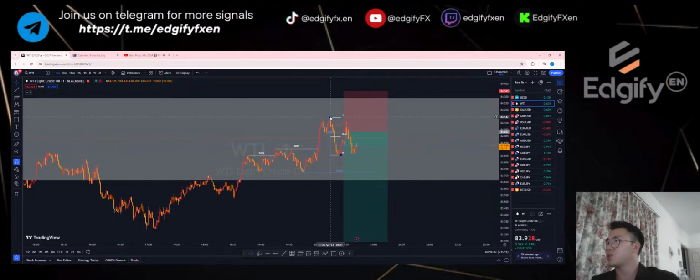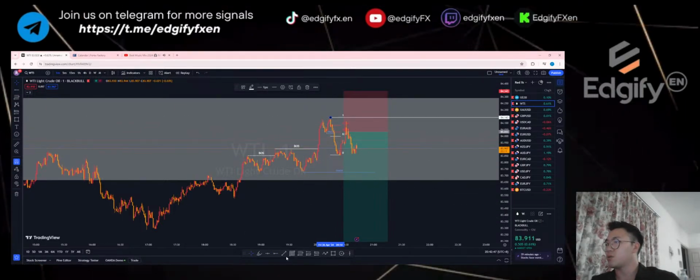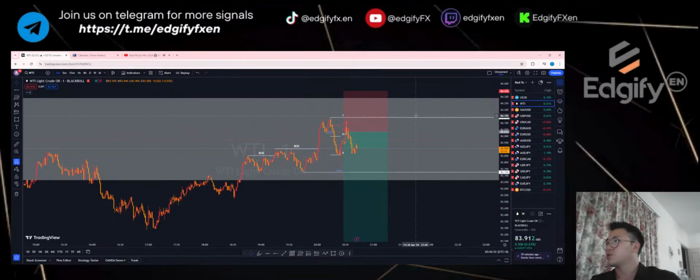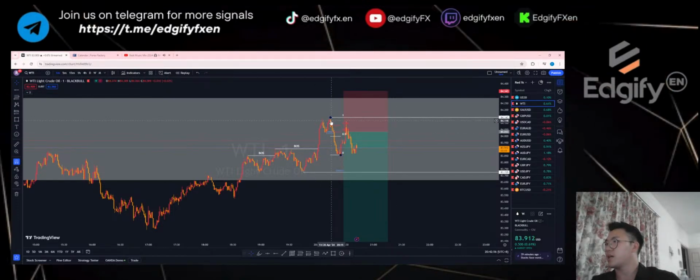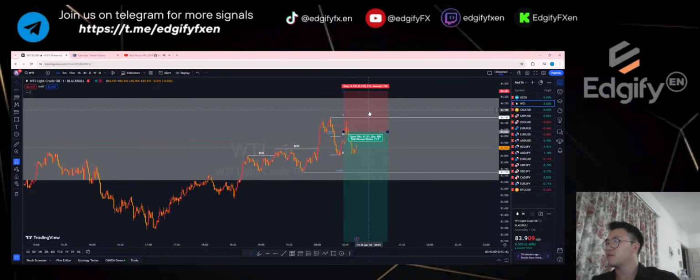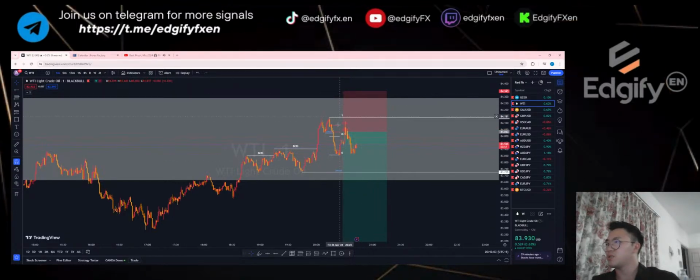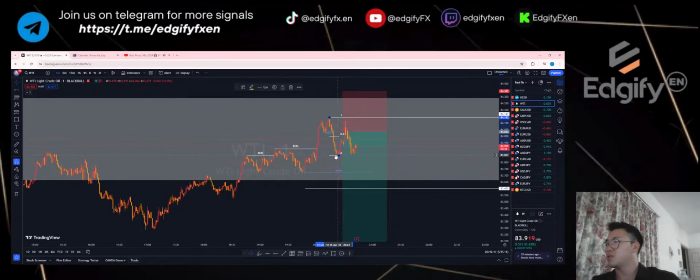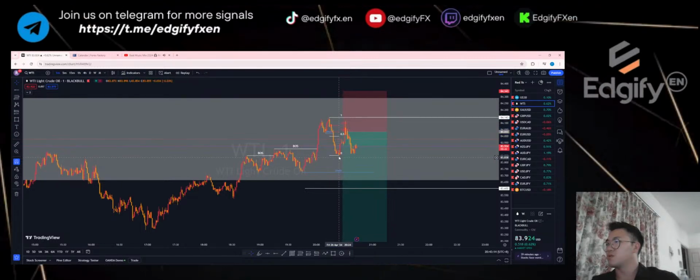Basically, what we want now on WTI is for this high not to be broken. Let me just mark a horizontal line so we know what we are looking for. You see this top horizontal white line here, which is at 84.143, which is this candle high. I don't want the price to break above. If it breaks above, it doesn't matter, we can still take this trade. The only difference is the change of character would be at this candle.